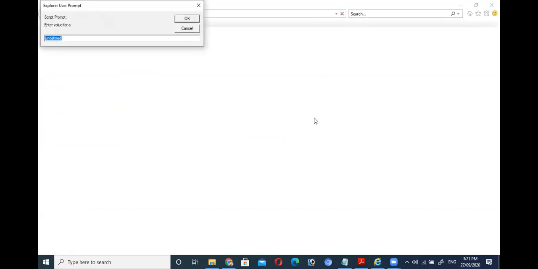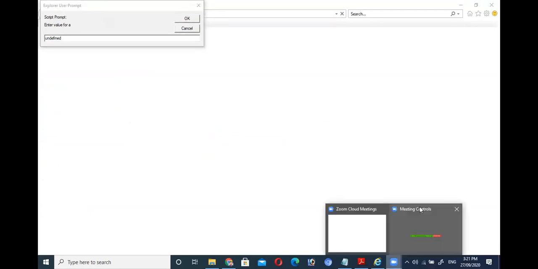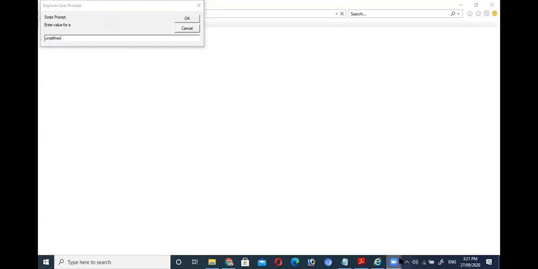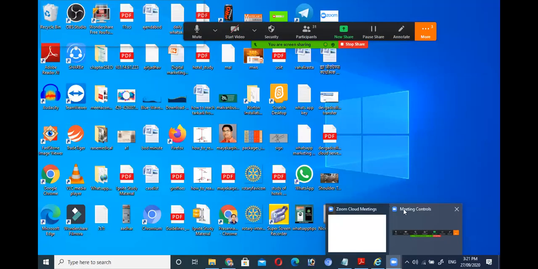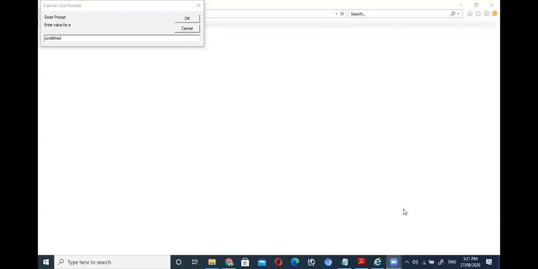Now can you see the script for prompt, the dialog box "enter value for a", on screen? Just give me an answer in the chat box. Can you see the enter value for a, and there is an undefined written?